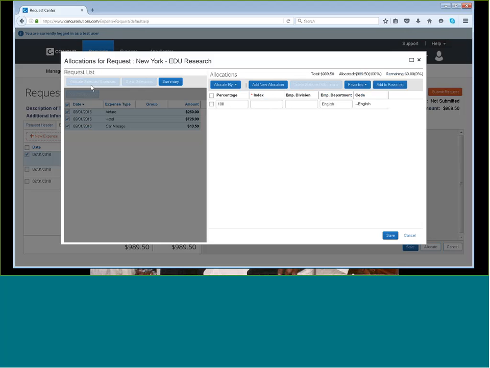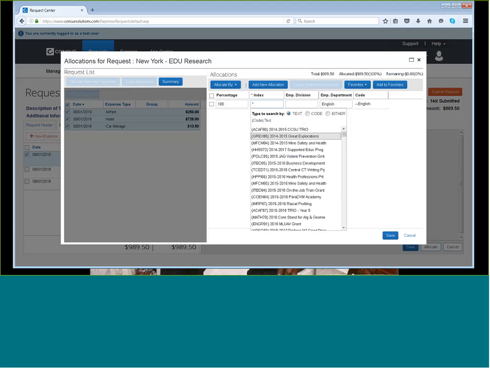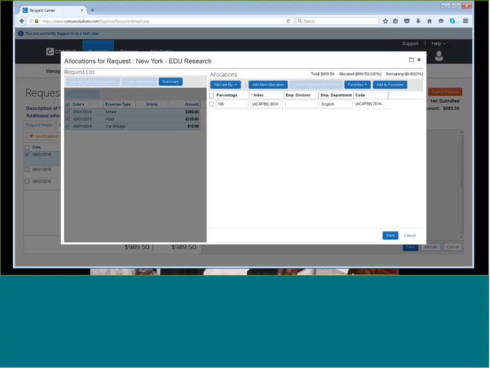Select Allocate Selected Expenses, and on the right-hand side of the screen, you are taken to an area where you will see your index field open. Now, in this field, you can begin typing in the code or a text description. Concur does allow you to search by text, code, or either. Once you make that selection of that line item, make sure you select Save,